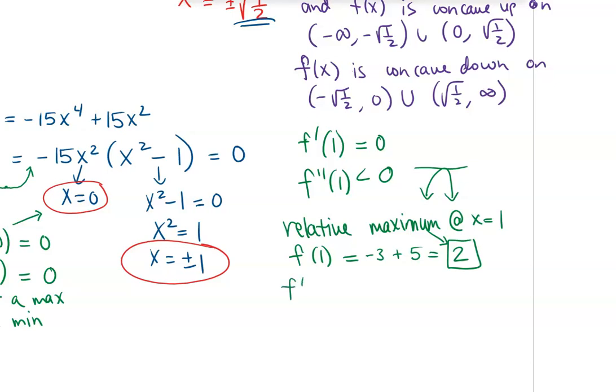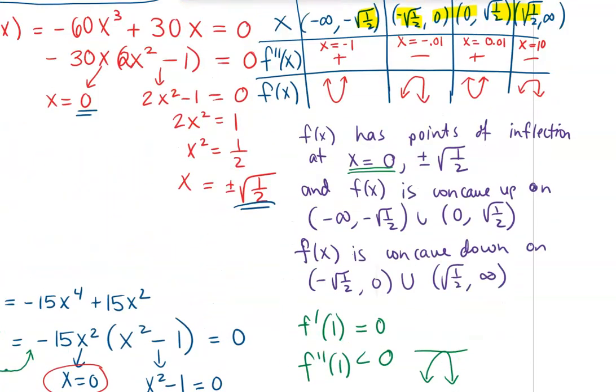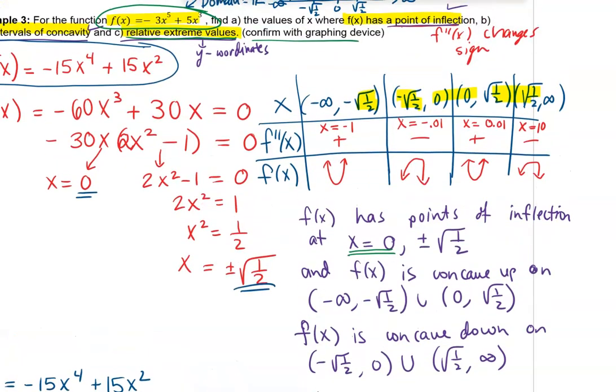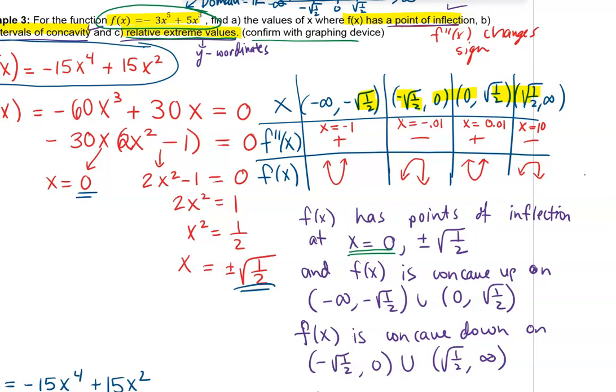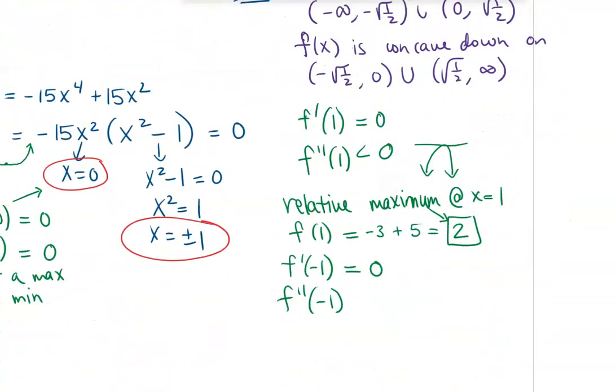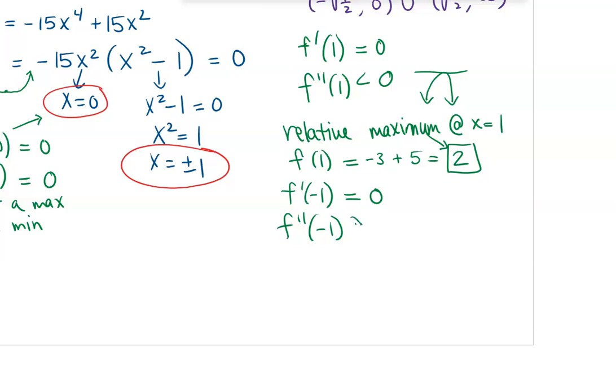Then if I look at my negative 1, so f prime of negative 1 is 0. F double prime of negative 1 over here is going to be part of this interval. Negative 1 is in here. So f double prime of that is positive, greater than 0. So that would mean that f of x is concaving upward, which would cause that zero slope to be hanging on the bottom of it, causing it to be a relative minimum. So f of x has a relative minimum value